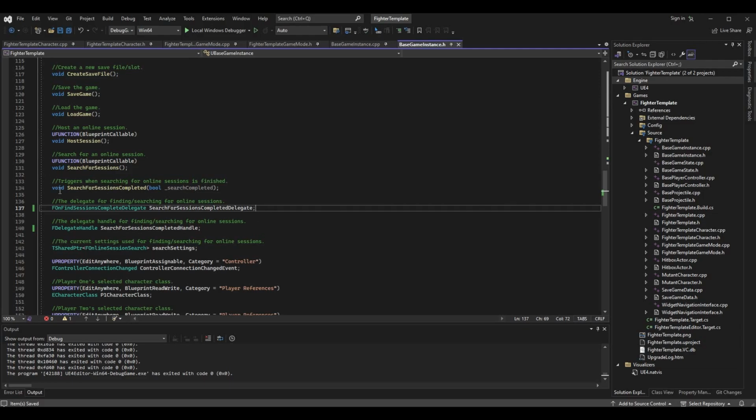And so this function that we are making for when the search completes does need this boolean. You can call the boolean whatever you want, like I called it search completed, but you do need to have a boolean parameter. So make sure you're not forgetting that, otherwise you will run into build errors later on. Now for the actual delegate itself, there is this huge type name that we have here called